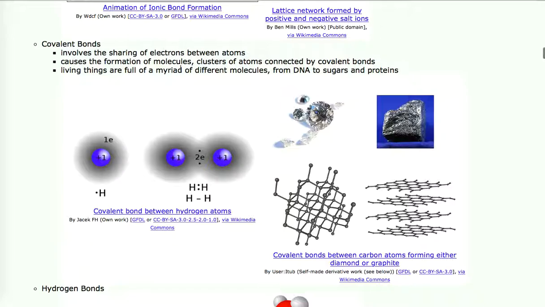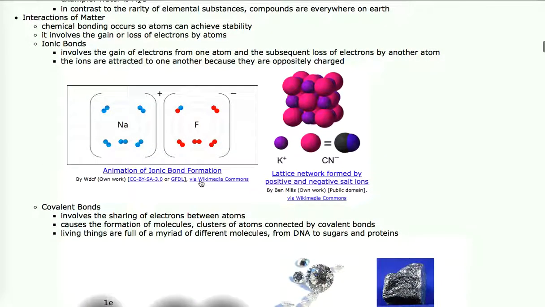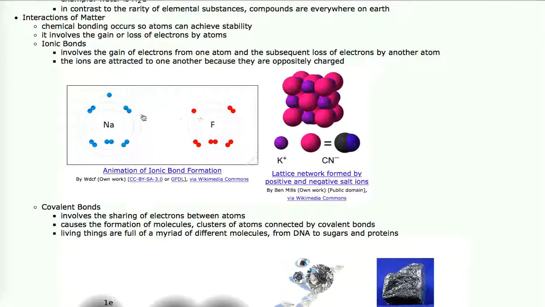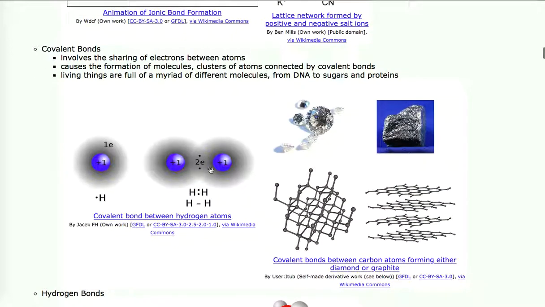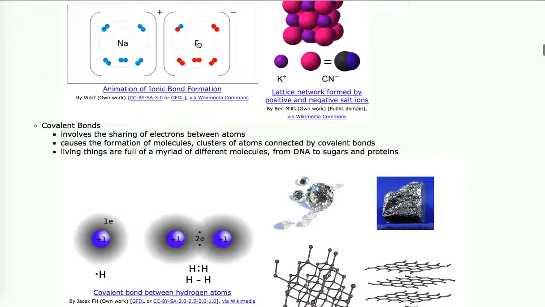So covalent bonds hold atoms together because of electrons that are being shared. There's no opposite charges. It's just a bridge between the two atoms where the electrons from one atom are actually shooting through a bridge and going around the other atom. Ionic bonds, remember, are attraction because of opposite charges, because one atom stole an electron from another atom. So in a covalent bond, there's no stealing, there's sharing. In an ionic bond, there's stealing.